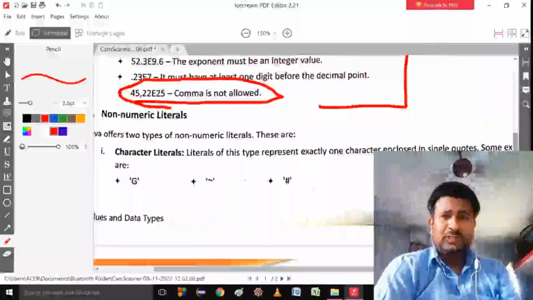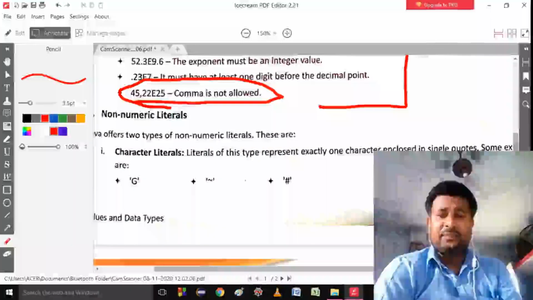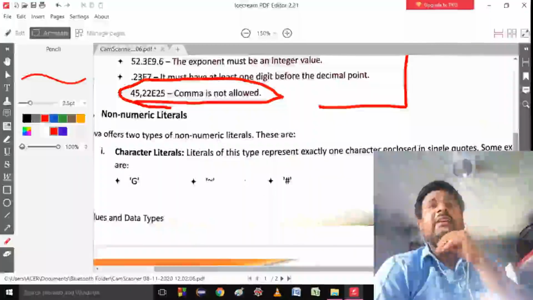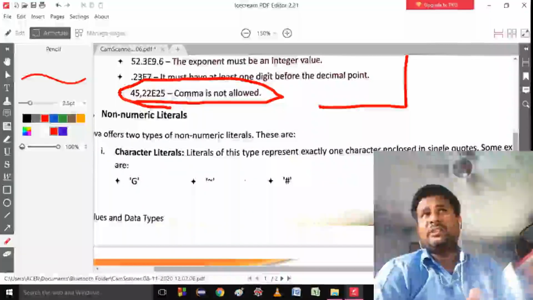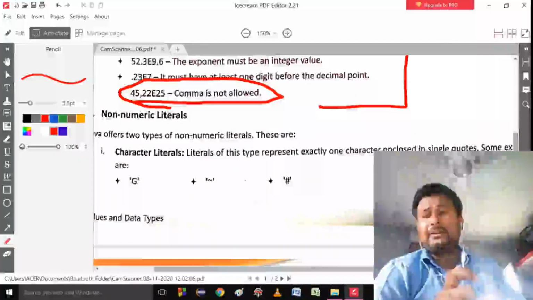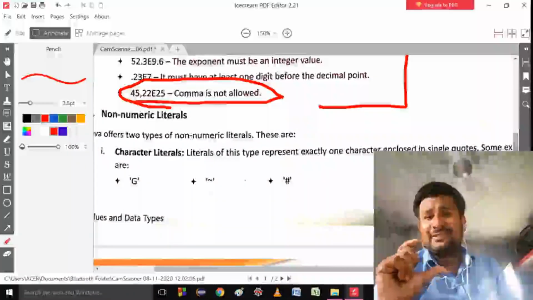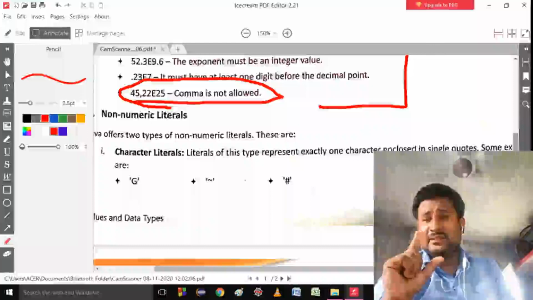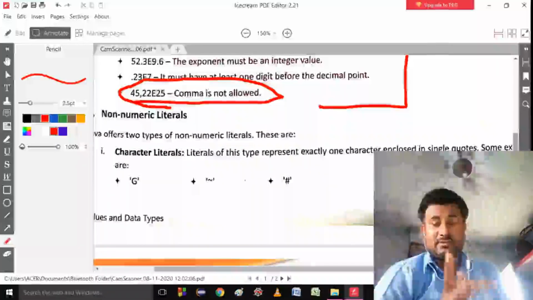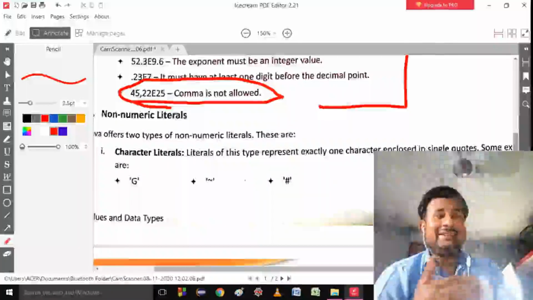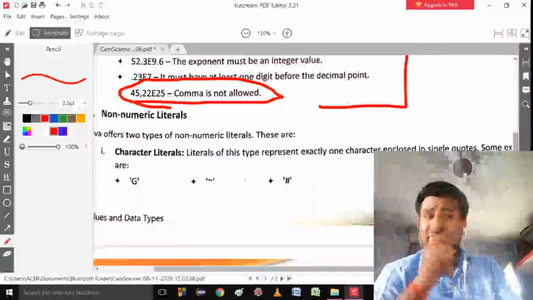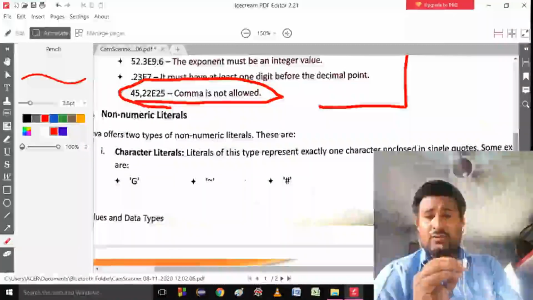If any character, that means any letter, any key from the keyboard, is written inside a single quote, literals of this type represent exactly one character enclosed in a single quote.